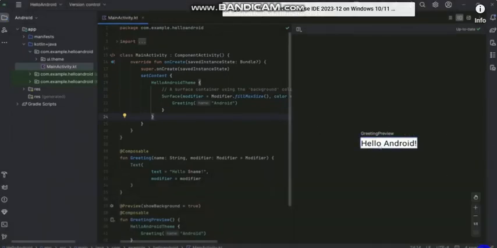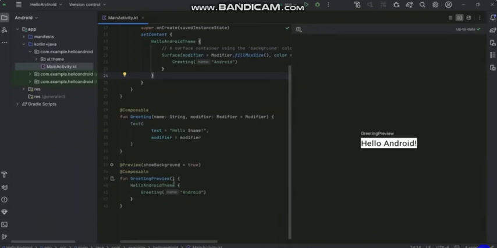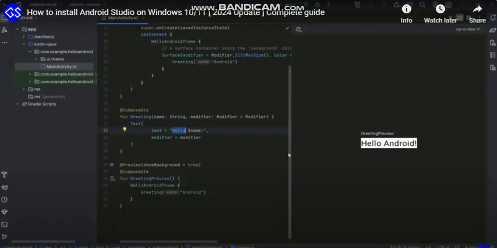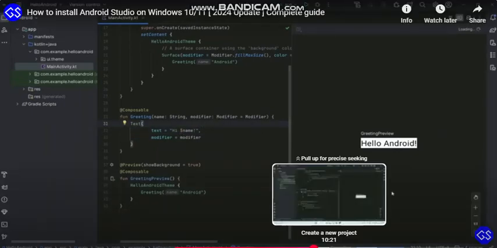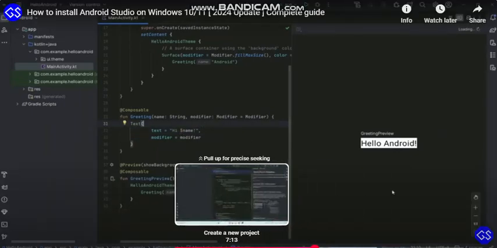All right. So yeah, here you can see the Hello Android on the design plate. So let's say you want to change something here. Let's say we have hello, right? So let's say we want to change it from hello to, let's say, hi. As we change that, immediately you can see it is compiling, and here it is loading, and you can see the